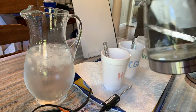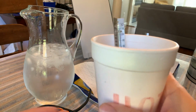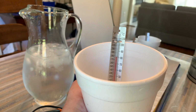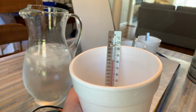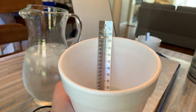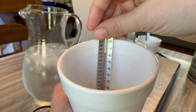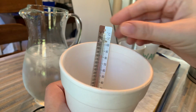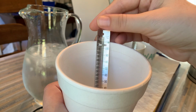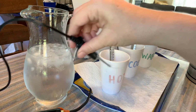And this is very, very, very hot. So you can see the thermometer is rising very rapidly. Okay, the temperature on this thermometer is showing about 82 degrees Celsius and about 182 degrees Fahrenheit. So now we're going to use my Temp